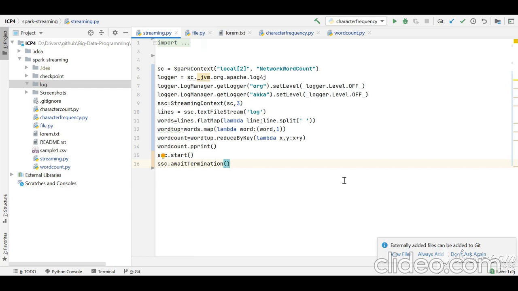Before Spark streaming using log file generator and TCP socket. For the log file generator, here we have the streaming context which reads data every 3 seconds. We are opening the text file stream of log folder, so whenever the content of the log folder changes, the